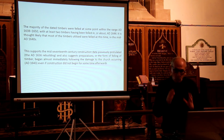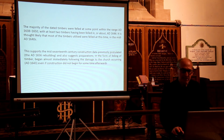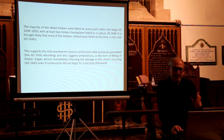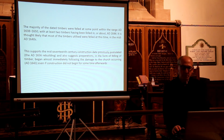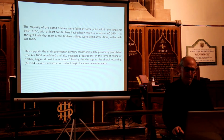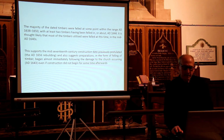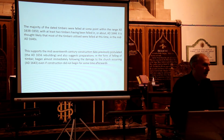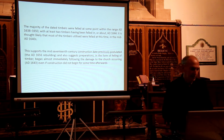So it seems all the timbers were felled in the earlier to middle part of the 17th century, between about 1638 and 1650. And this date turns out to support a postulated date for the rebuilding of this roof, etc., in the 1650s, which I think is a little bit later than might have been expected initially from some historical records, etc., and so on. But now this is something that is quite important, and that often